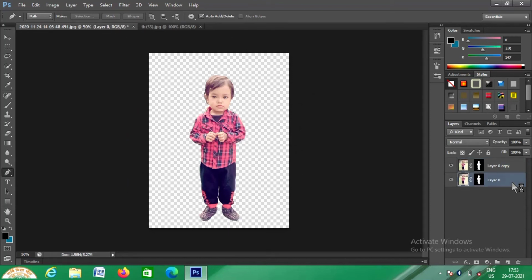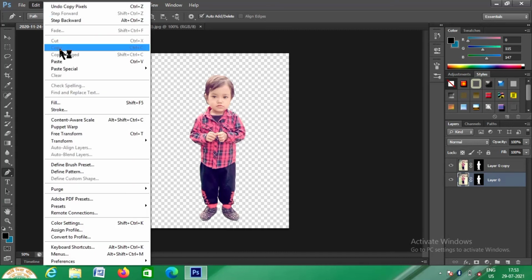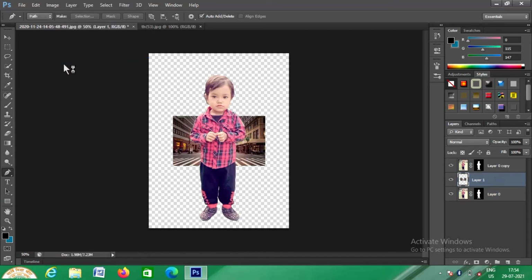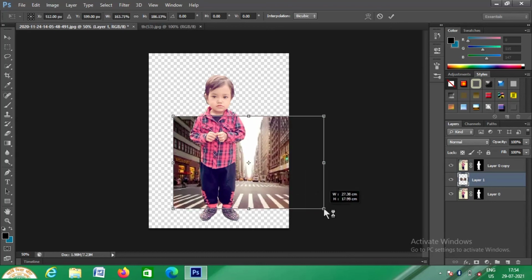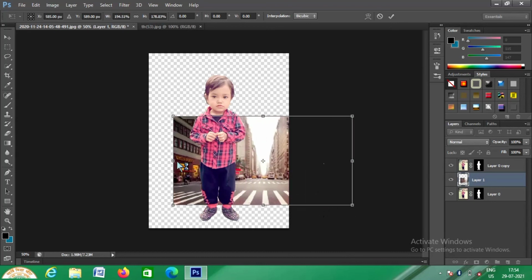Now just close that and come to the previous picture, and towards your left hand side click on the bottom layer, and then paste it. You can do Control plus V, or also get the option in edit and paste. Now here students, you can see the background is very small. We need to make it bigger. We can use a shortcut key, that is Control plus T.